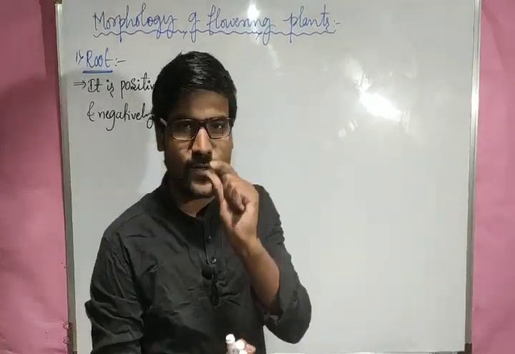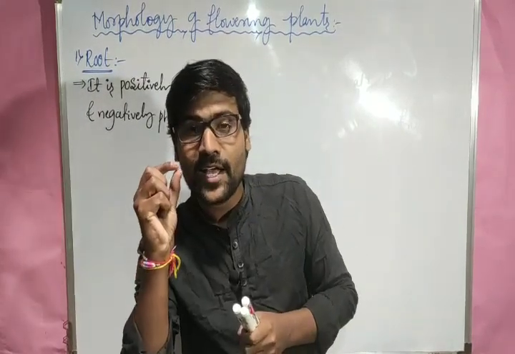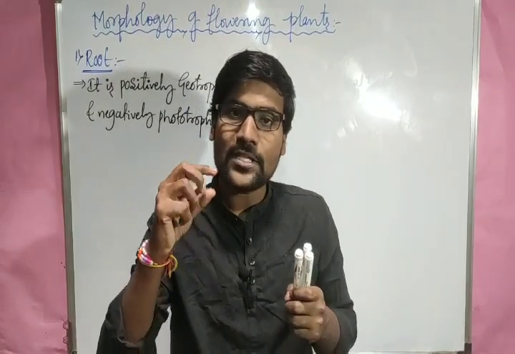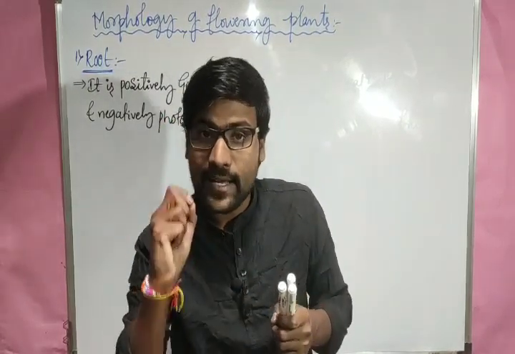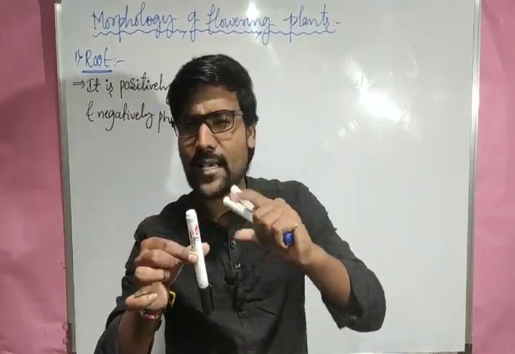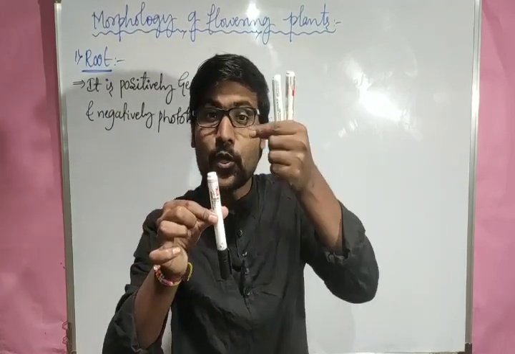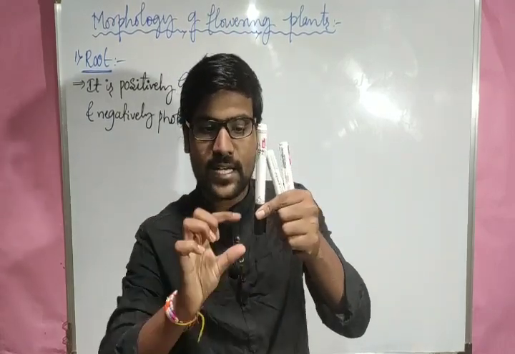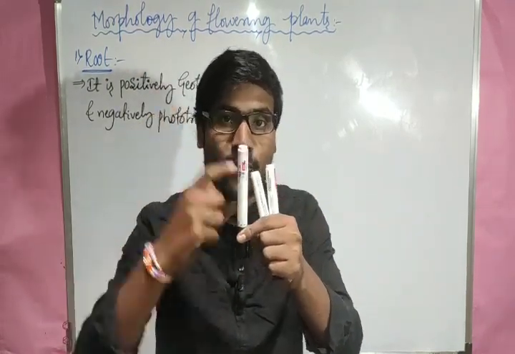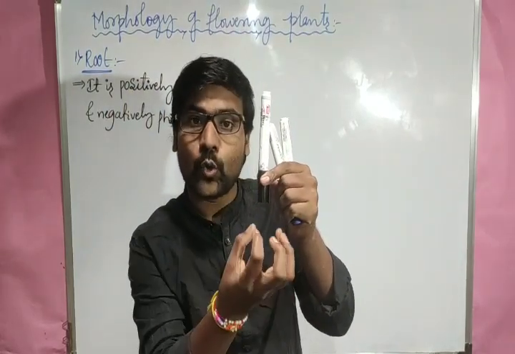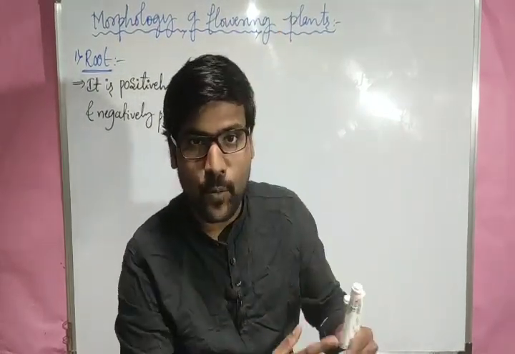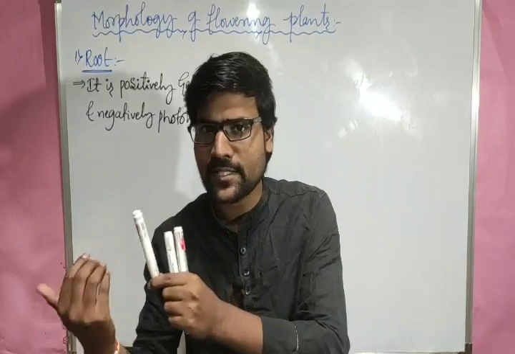Yesterday we observed a small diagram, that is a seed diagram. In the seed we observed one part inside, an embryo, and that embryo has two portions. One is radicle, another one is plumule. If this is the embryo, not to size, it is very small, the embryonal axis, then one tip is considered to be the radicle, and the upper tip is considered to be the plumule. Radicle develops into root, plumule develops into shoot. Root plus shoot together form an entire plant body. Yesterday we observed that.